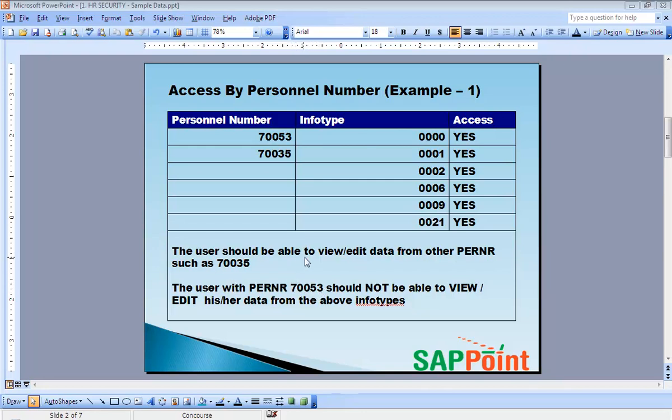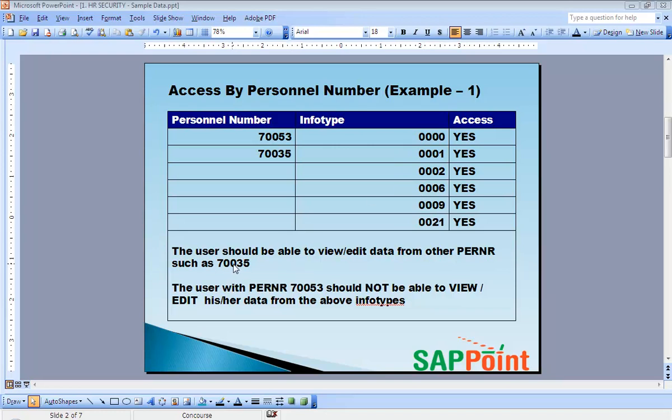In this example, we will see that the user is able to view or edit data for other partners such as 70035 for these info types, but should not be able to view or edit his own data coming out of these info types.